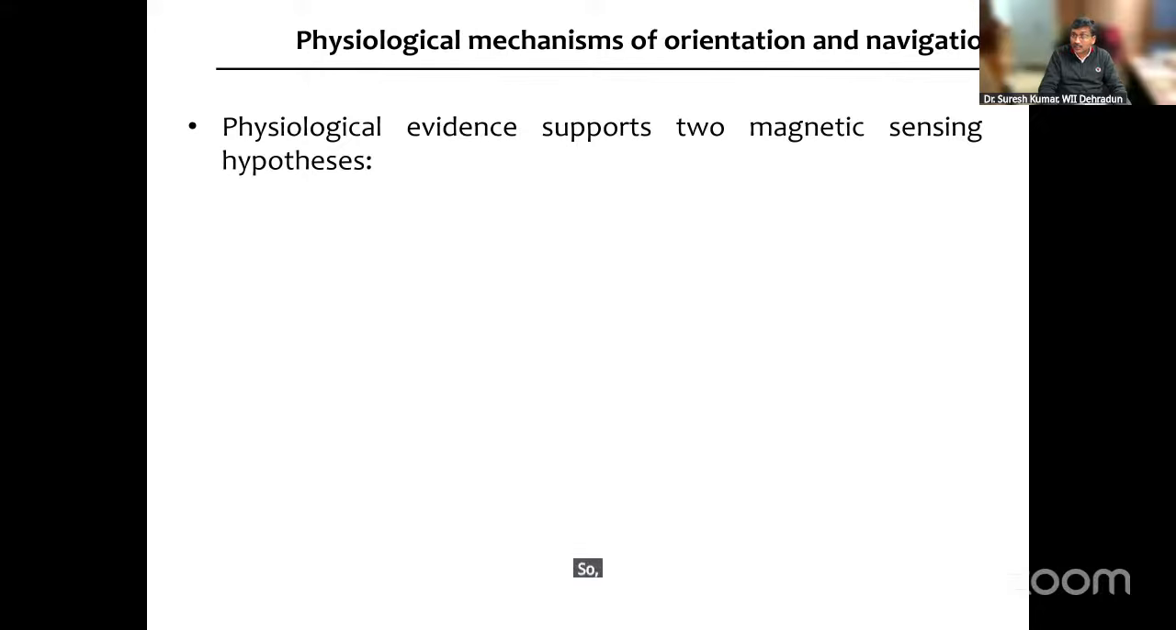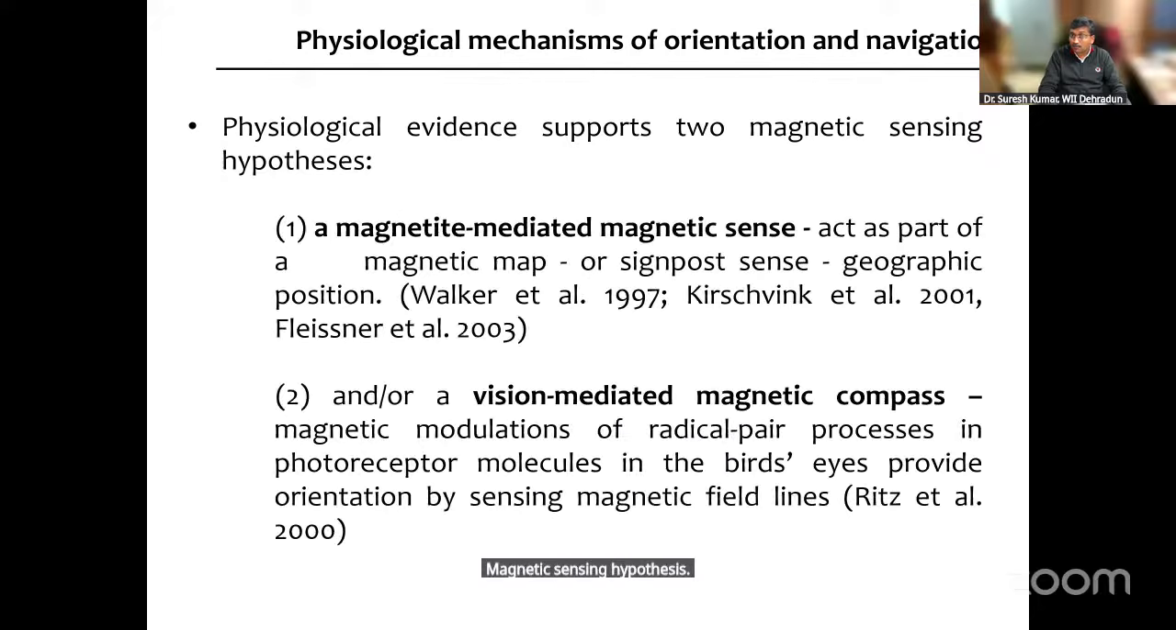So physiological evidence supports the magnetic sensing hypothesis. A magnetite-mediated magnetic sense. Okay, this acts as part of a magnetic map or a signpost sense that they have, and they know that this is the geographic position. So this is one of the hypotheses. The other one is a vision-mediated magnetic compass. So magnetic modulations of certain processes in photoreceptor molecules in the eyes of the birds provide orientation by sensing magnetic